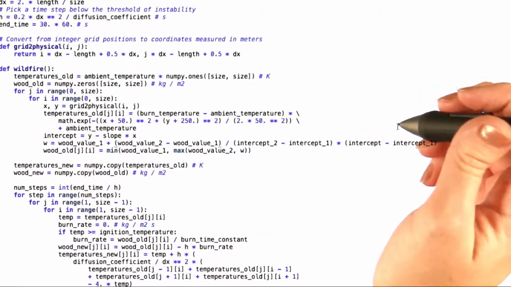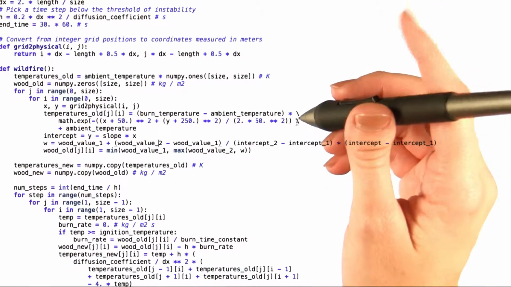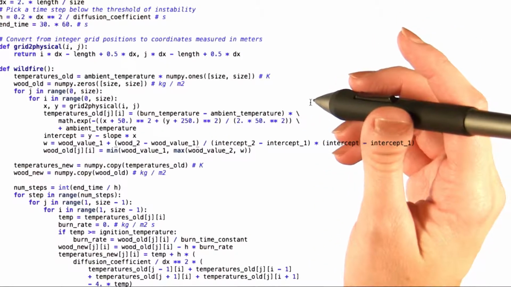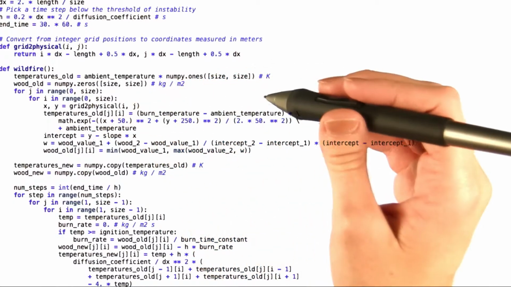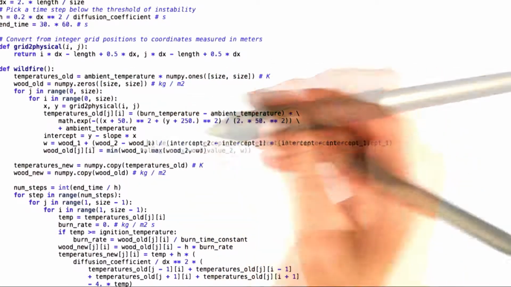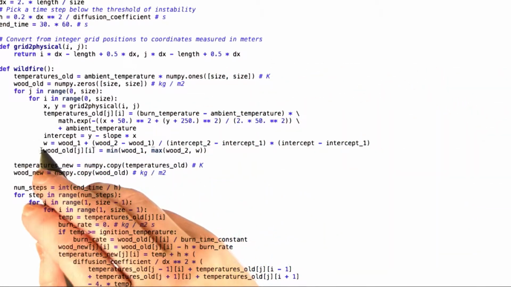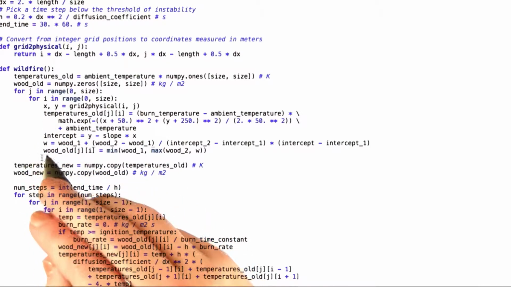I have a bunch of typos. Well, that's a problem. Let's fix that right now. See, everyone makes mistakes. This should be wood 2. This should be wood 1. Okay, now that all of that is fixed, we have that the wood density at our point, xy, is equal